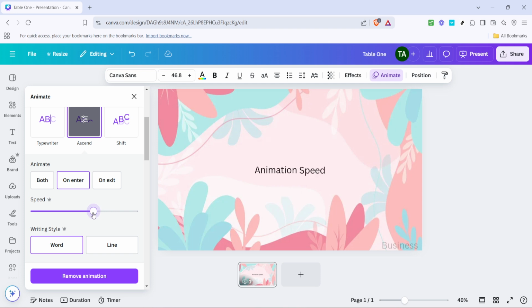And there you have it, a simple yet powerful way to control animation speed on Canva. By following these steps, you'll enhance your designs, making them more compelling and tailored to your audience's needs. This technique is perfect for adding a professional and polished touch to your visual content. Don't hesitate to experiment with different speeds and styles to discover what works best for your